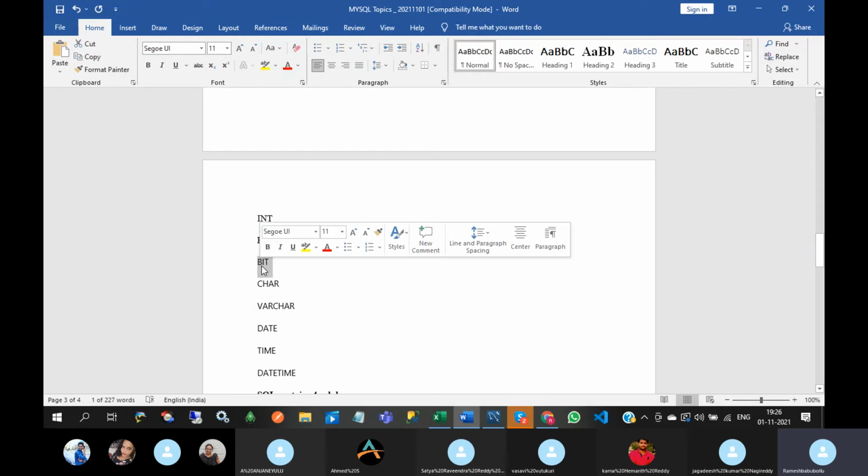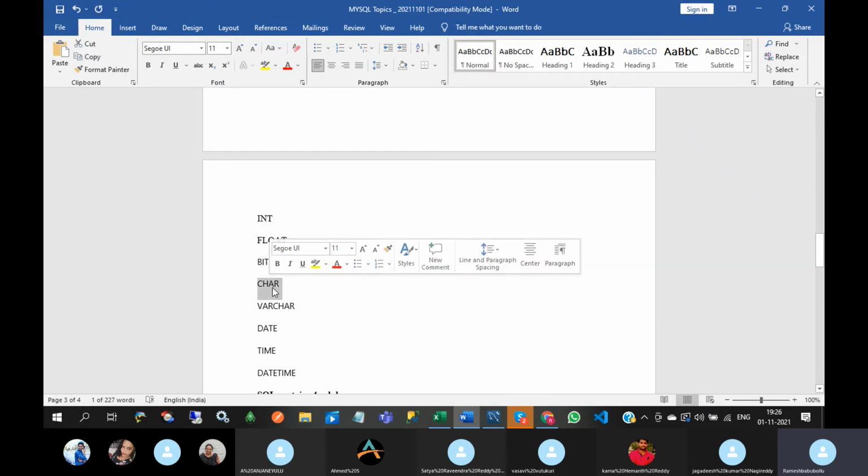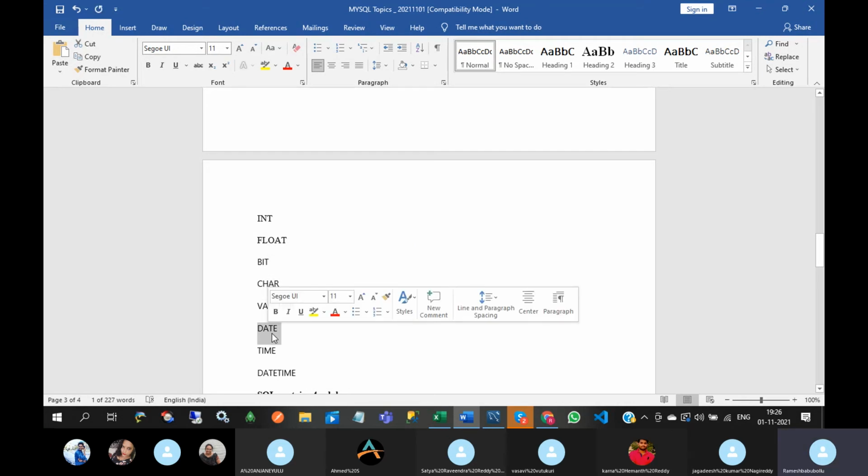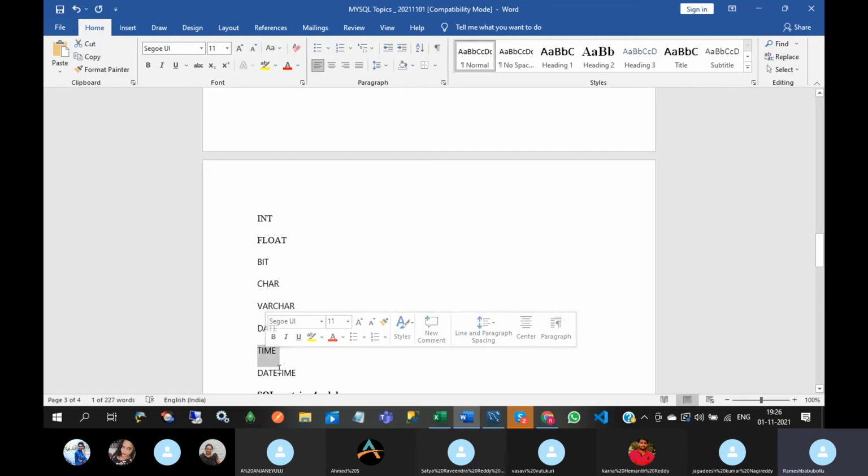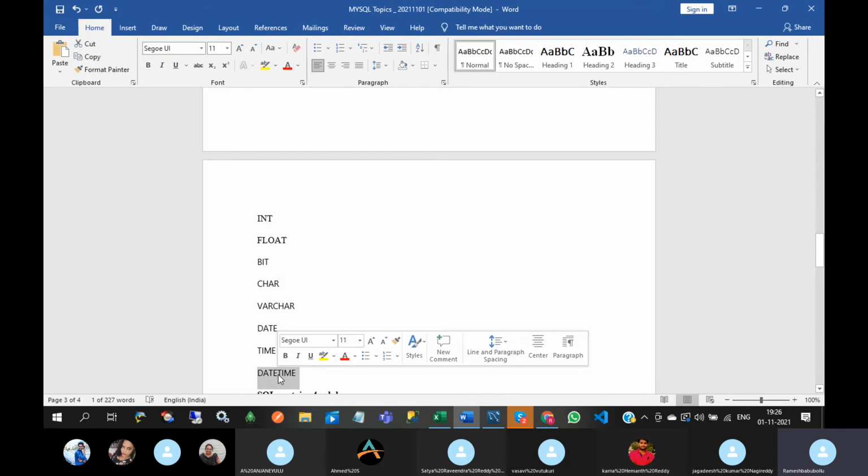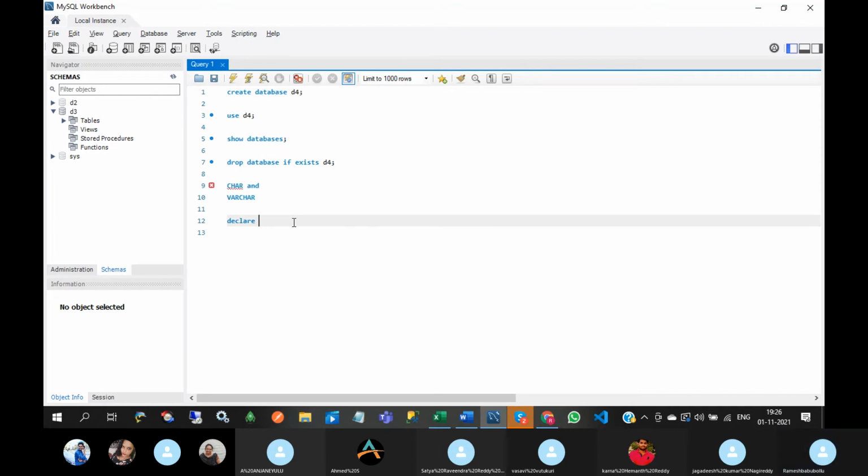Bit data type, only 1 or 0. Char means alphanumeric data. Date means only the date part we can store. Time means only time. Datetime means we can store both date and time. The difference between char and varchar means